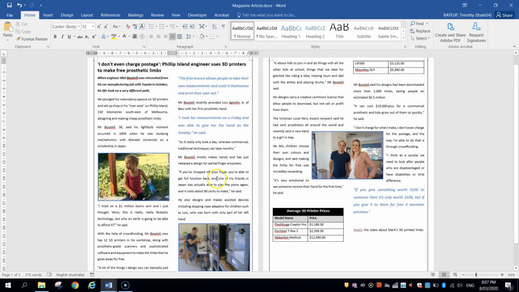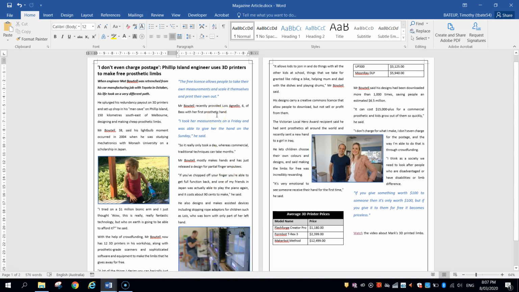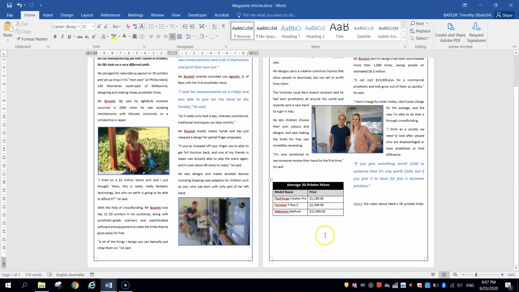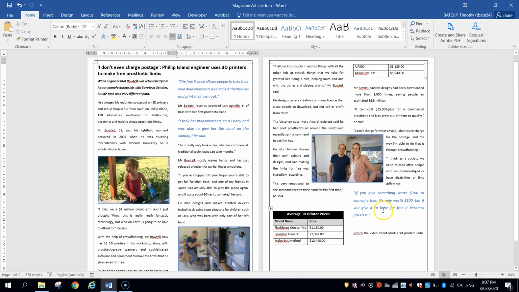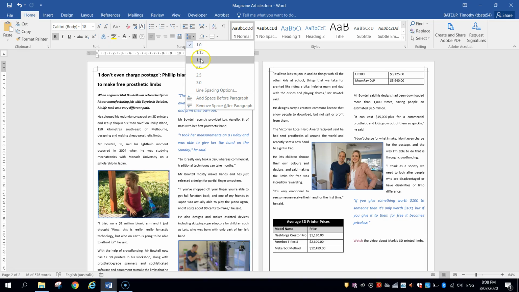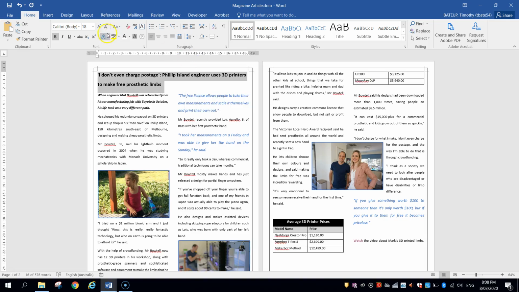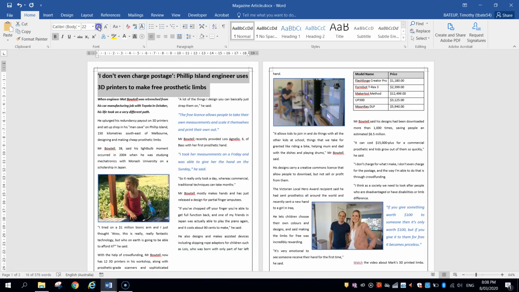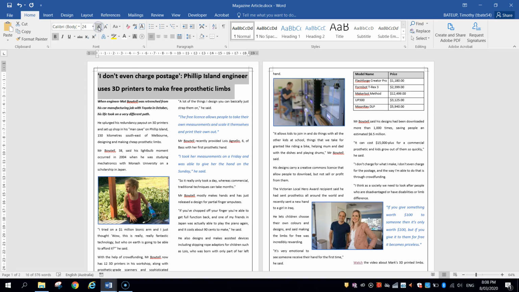Okay, that's looking pretty good. We've still got a bit of space down the bottom here, and this table is not in a great position. It's sort of split across 2 different columns, so we're going to have to work on fixing that. What I might do is make this heading a bit bigger and put a bit of line spacing into it. I'm going to put it 1.5 line spacing. I'm going to jump up the size a bit. I'm going to go all the way to size 24.